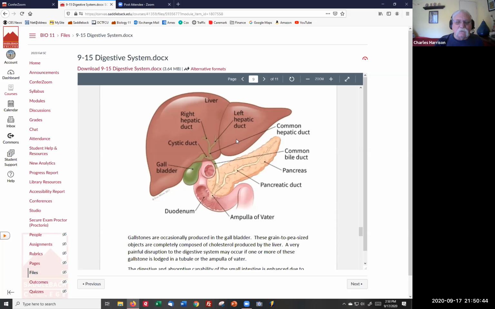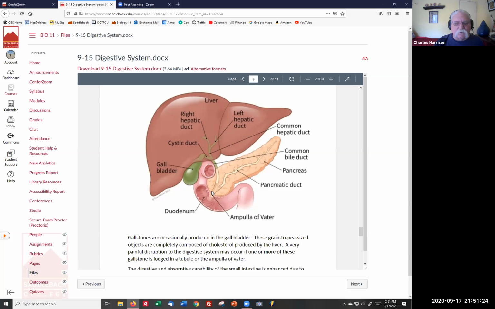Okay, now, I think the best way to approach this one is just to call this the cystic duct, which it always is called, leaving and going to, both ways, the gallbladder. And the other side is the hepatic duct. And the hepatic duct and the cystic duct join to form the common bile duct. That comes down, and at the junction of the pancreas and the duodenum,